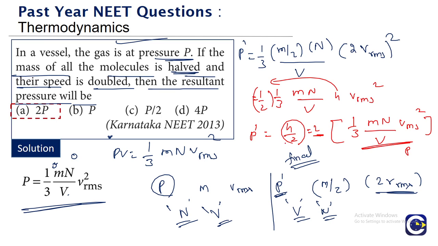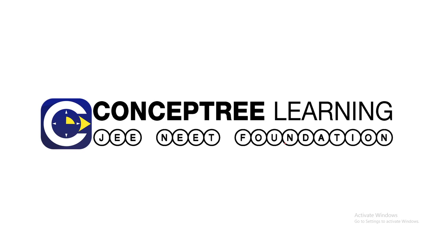So this question we are able to solve just by using the kinetic gas theory equation, PV is equal to 1 by 3 m into N into V RMS square. So this is about the part 1 video, and we'll see in the part